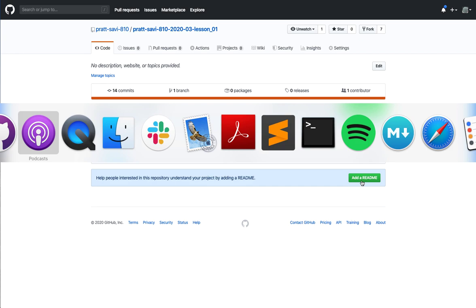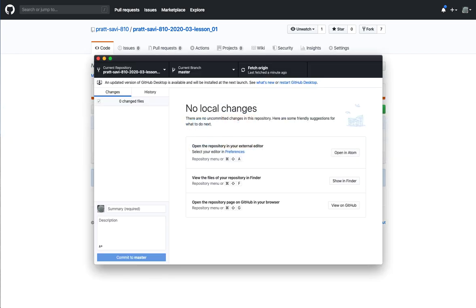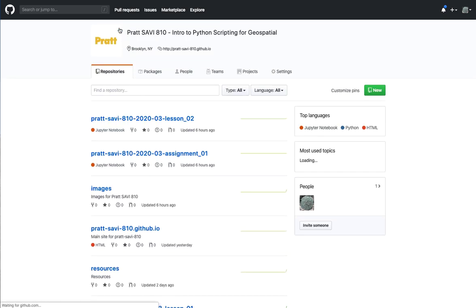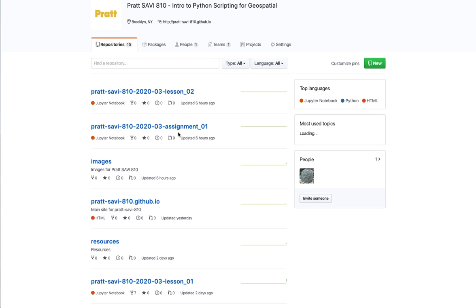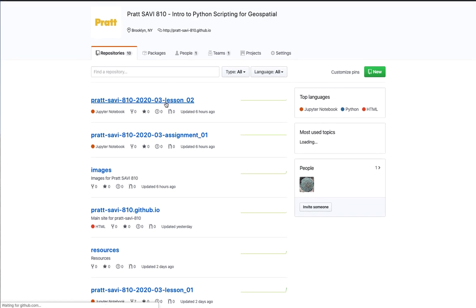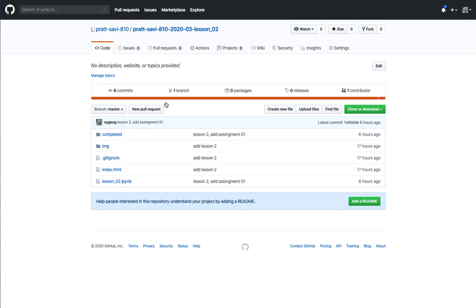So in your app, you may make a change and then you hit commit to master. You also have to hit the button push to origin, okay? So you're going to want to make sure you do that. Okay, and then I'll go through for the command line how we do this. This may or may not be useful for all of you, but for those of you who want to use the command line, or if you're interested in learning it for later on,